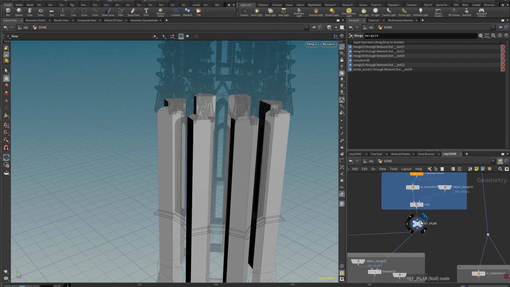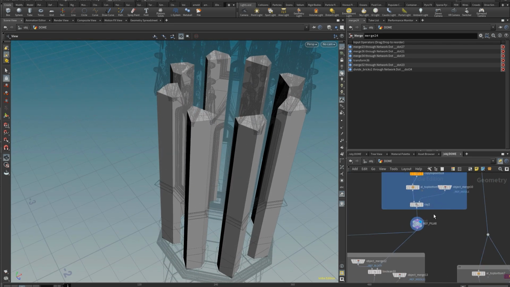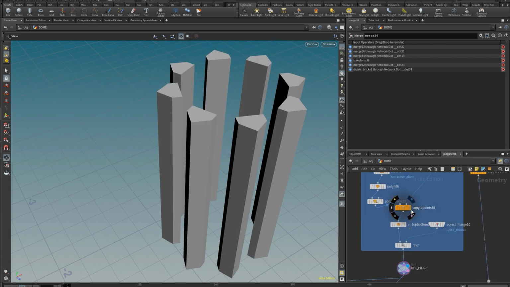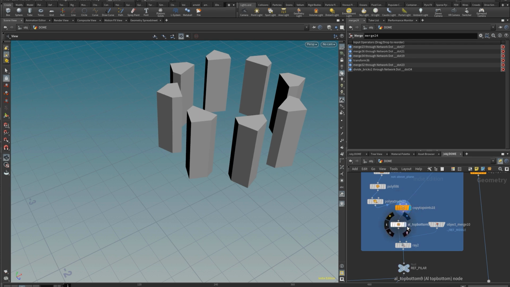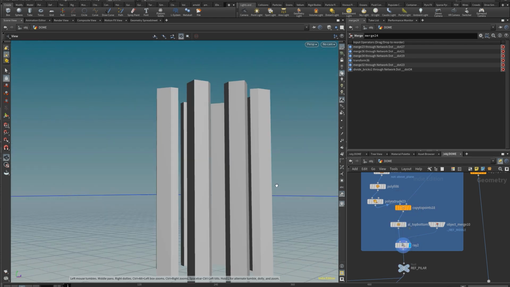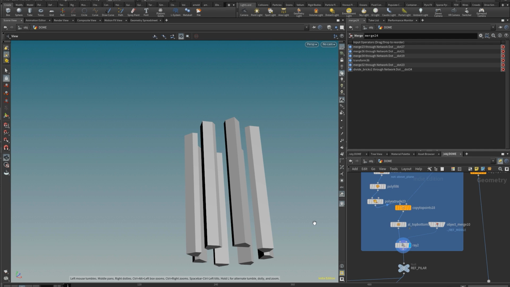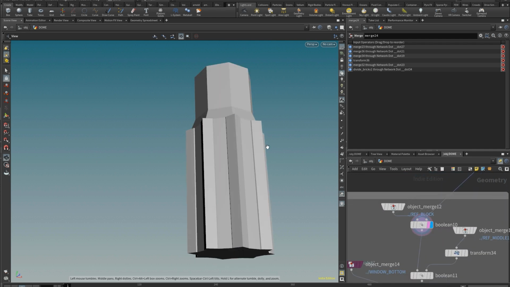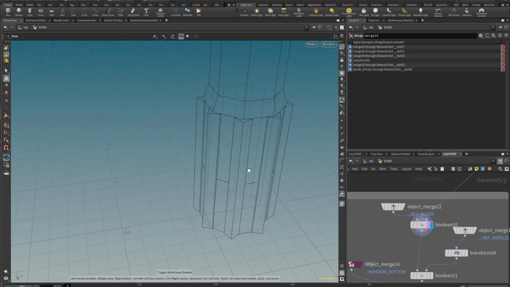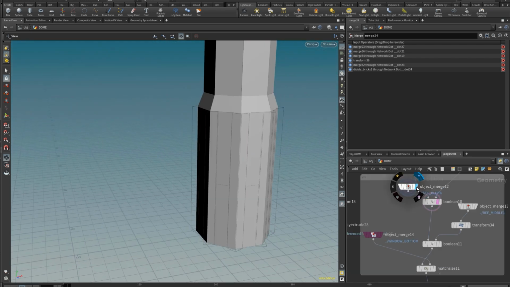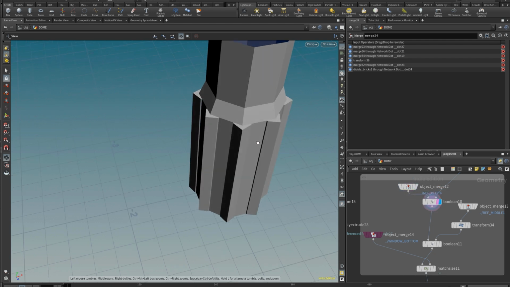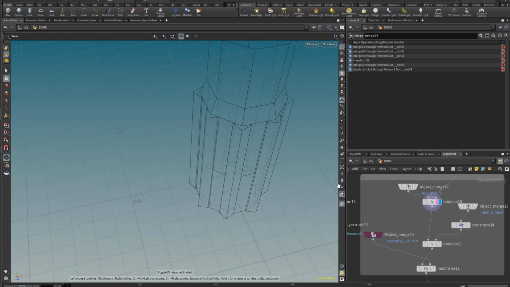We have this guy right here, which is the kind of triangular shape. So I'm just copying this the same way as the windows, projecting that on a plane just to make sure that it fits with the tower. Doing some Boolean to merge those guys together. That's the original geometry that I'm using, and I'm doing a Boolean in union to merge those properly.